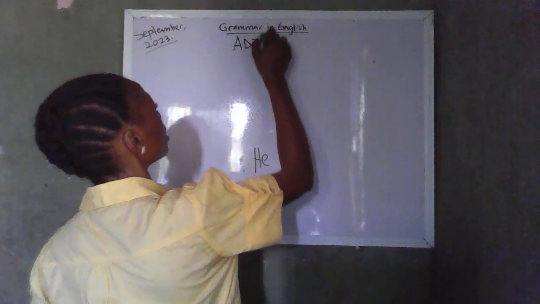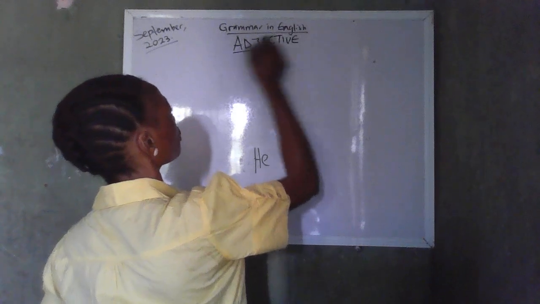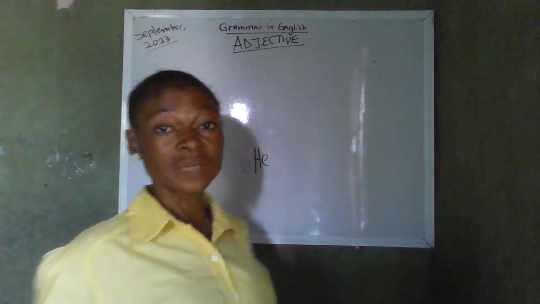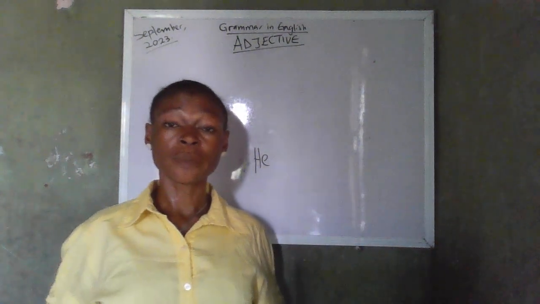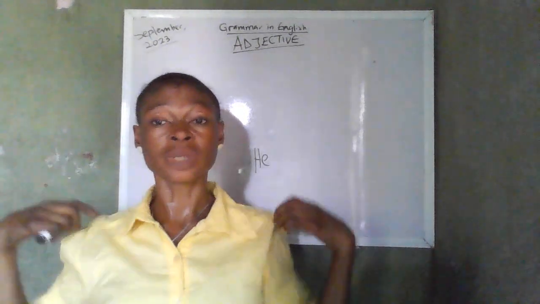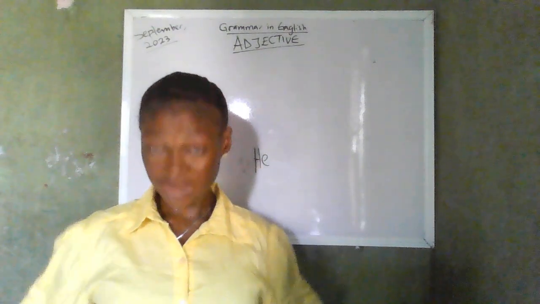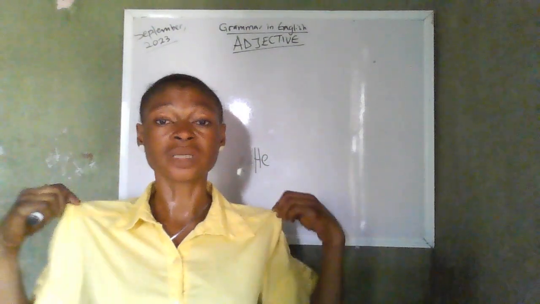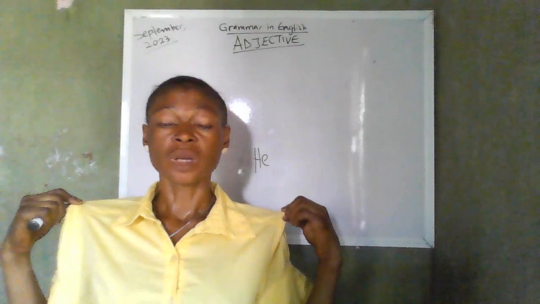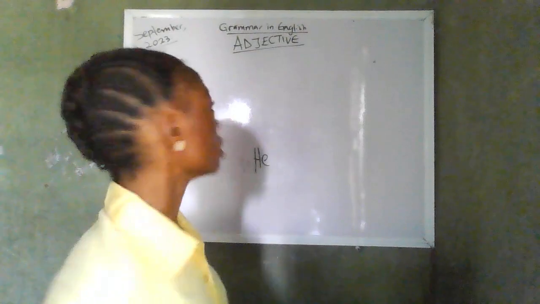It's called adjective. Now, an adjective is a word which tells us more or describes a noun or a pronoun. Yes, I'm putting on a shirt. This is an object, it's a shirt. But a very visible description of this shirt is yellow. So I am putting on a yellow shirt. So adjectives,